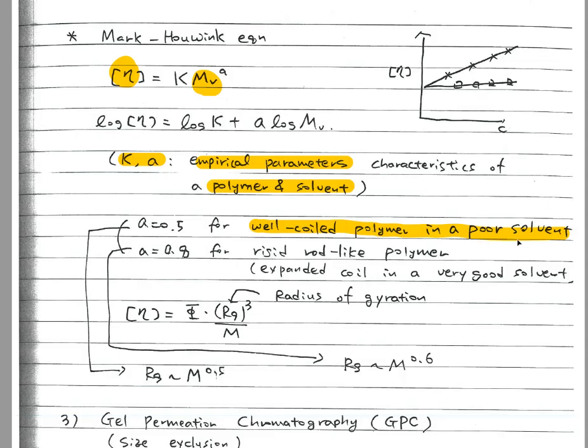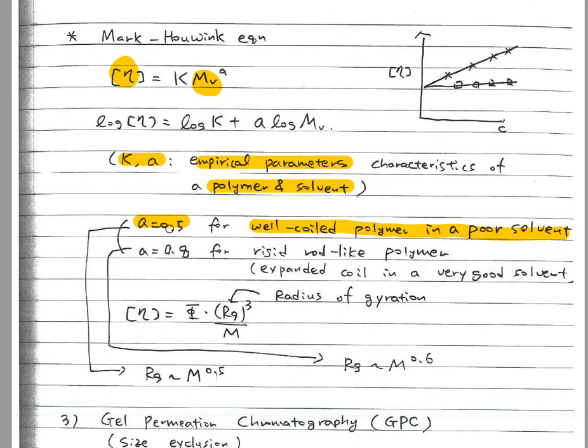So poor solvent basically means that the solvent does not really dissolve the polymer samples. In those cases, the polymer would form well-coiled structures, right? Because polymer and solvent don't like each other, so it's not really dissolved in the solvent. In those cases, this a value usually is